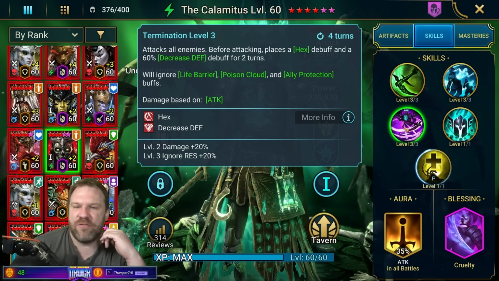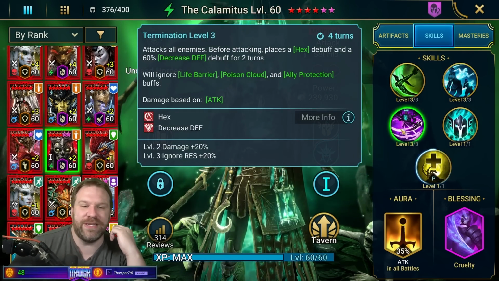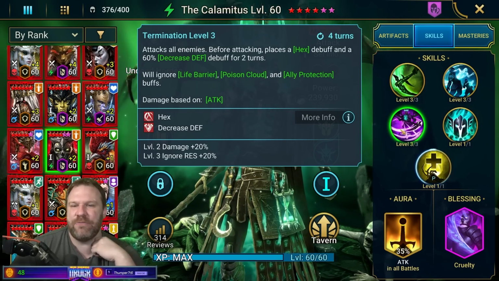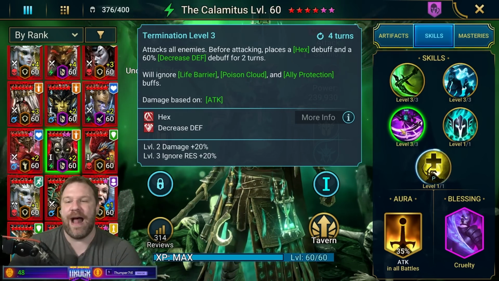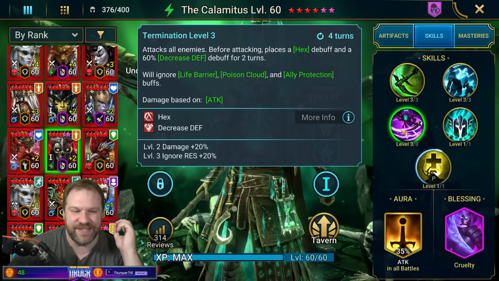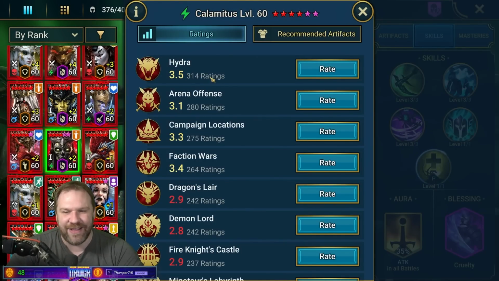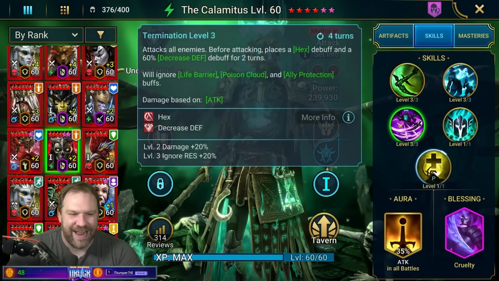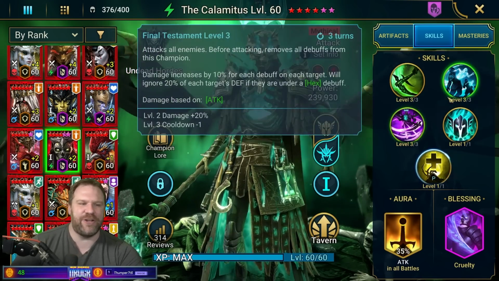Then we got the A3, attacks all enemies. So we got two AoEs here, which is great. Before attacking, places a hex debuff and a decreased defense debuff for 2 turns. Will ignore life barrier, poison cloud, and ally protection buffs. So again, this dude should be destroying Hydra. How the hell is his Hydra review this bad? I really want to know, because when you read that type of stuff, you're like, oh, this guy should be